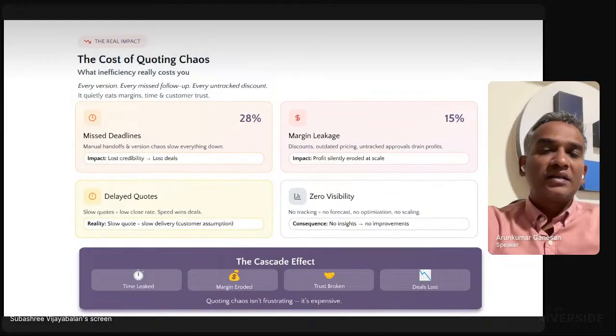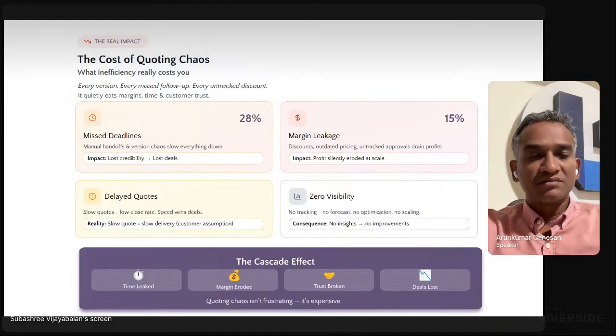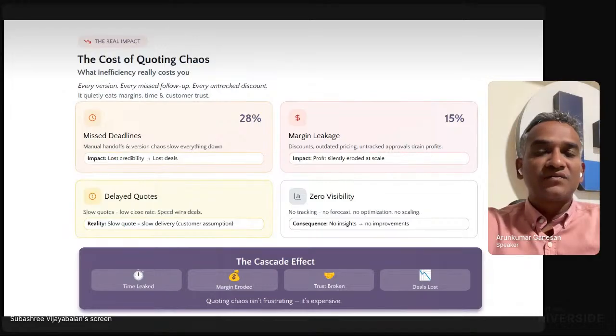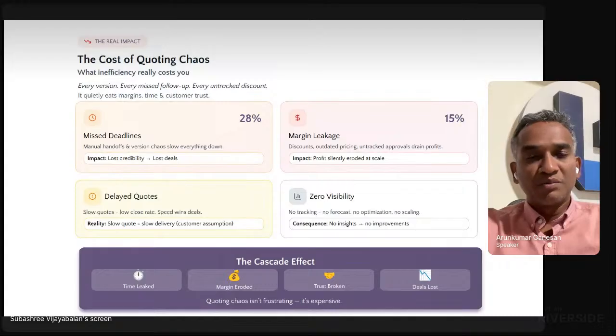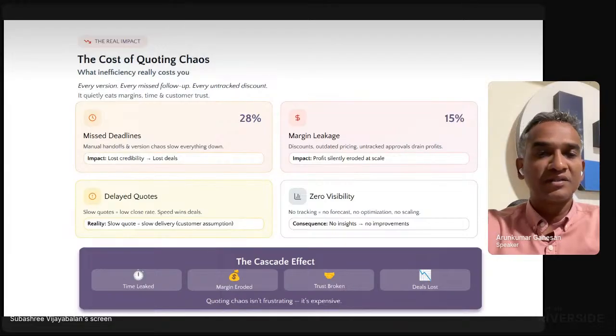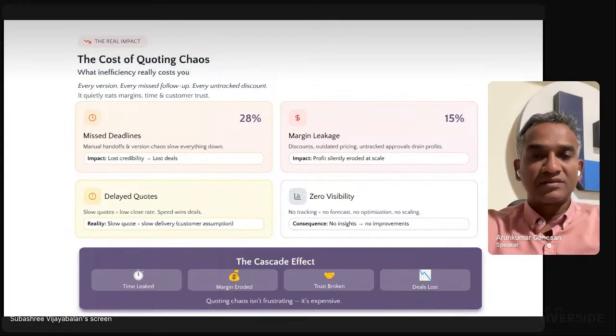Now we have seen that CRM and Excel are already introducing problems, so what is the cost of quoting with tools like Excel? In our experience with companies, group companies or individual companies, from the past 5, 6 years in this industry, we have seen at least 28 percent of quotes miss deadlines.